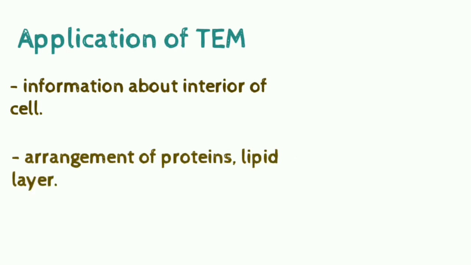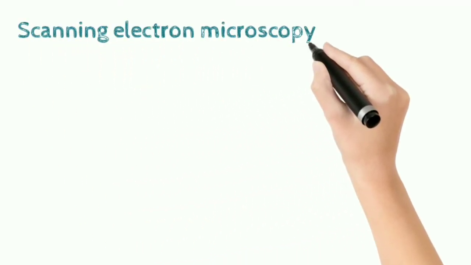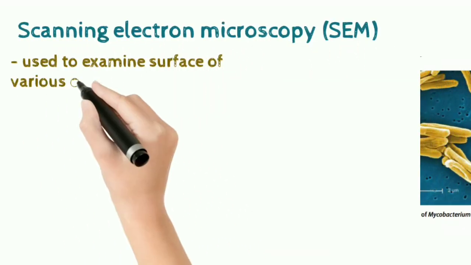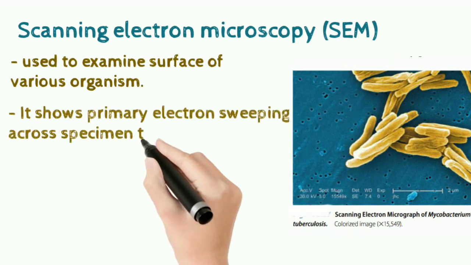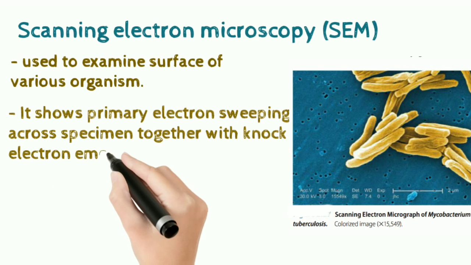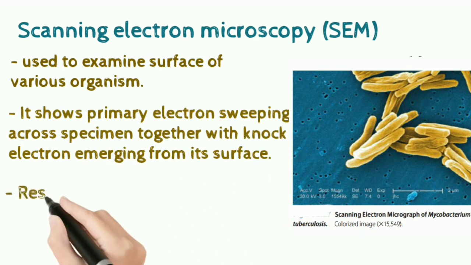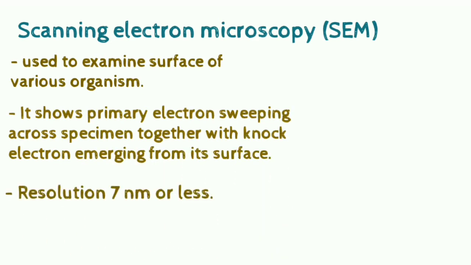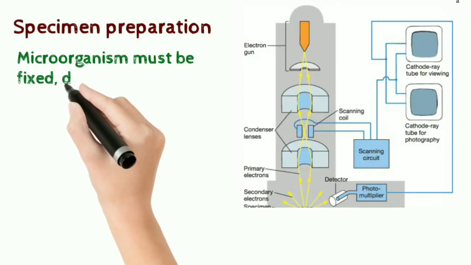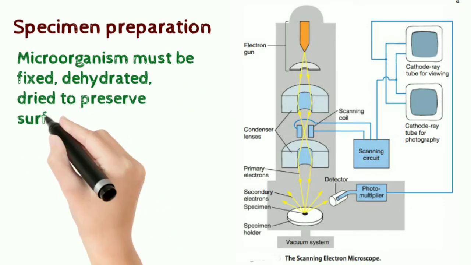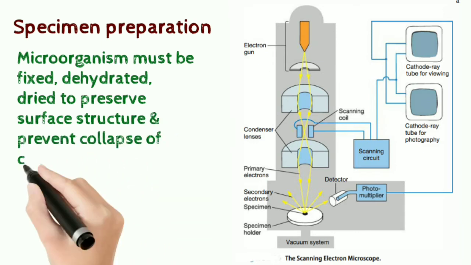layer. Scanning electron microscopy is used to examine the surface of various organisms. It shows a primary electron sweeping across the specimen together with knock electrons emerging from its surface. Resolution is 7 nanometer or less. Specimen preparation: the microorganism must be fixed, dehydrated, and dried to preserve surface structure and prevent collapse of cells on exposure to